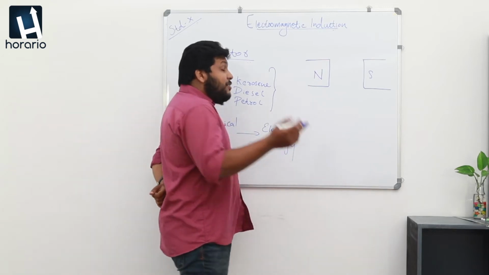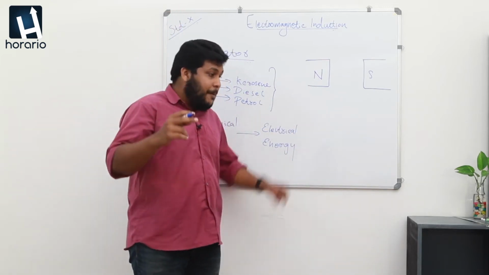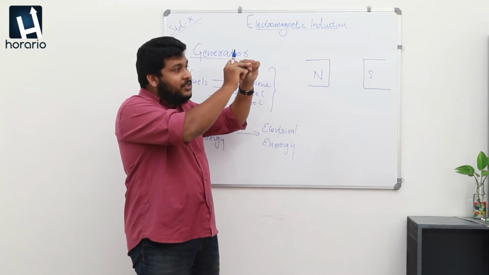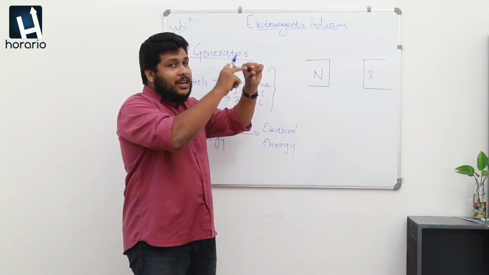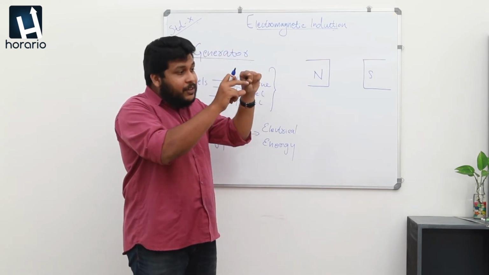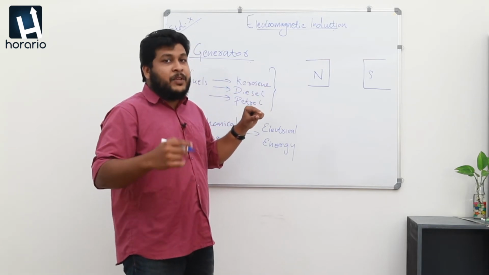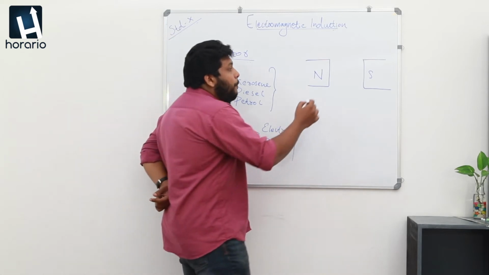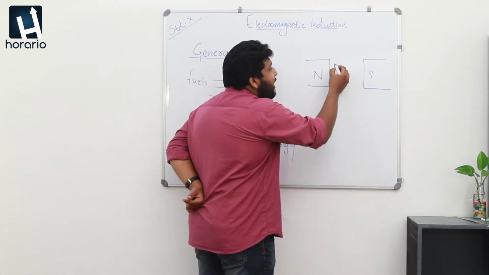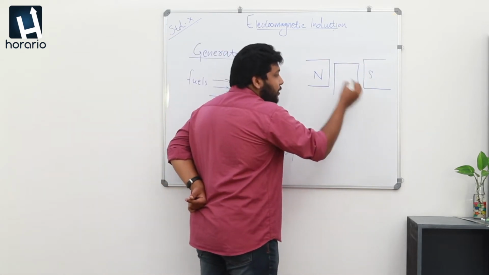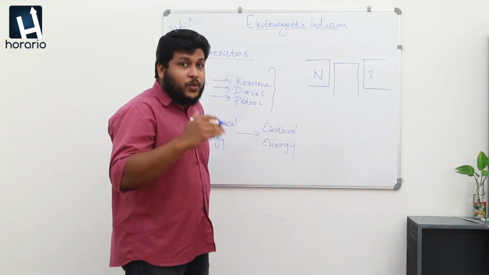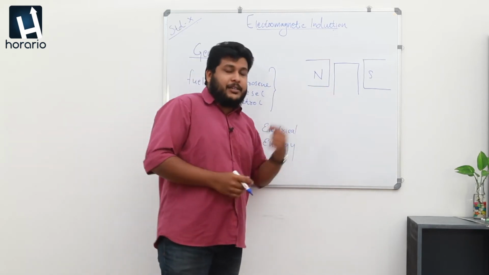And here, as we discussed in the first session, a magnetic flux passes through a solenoid. This magnetic flux interferes with that solenoid, resulting in the formation of electrical energy. Same here, we want to place a solenoid inside this magnetic field.